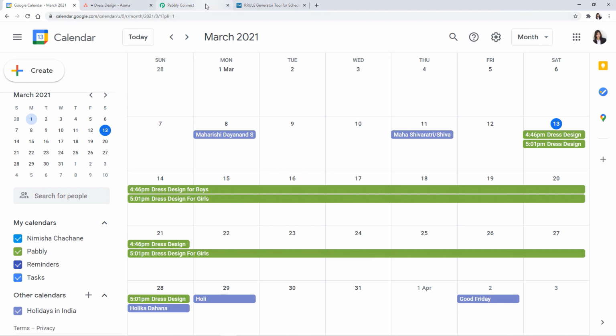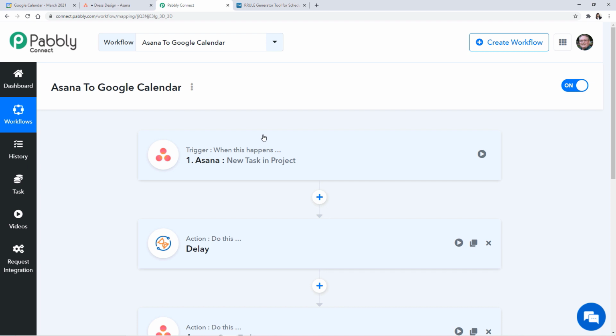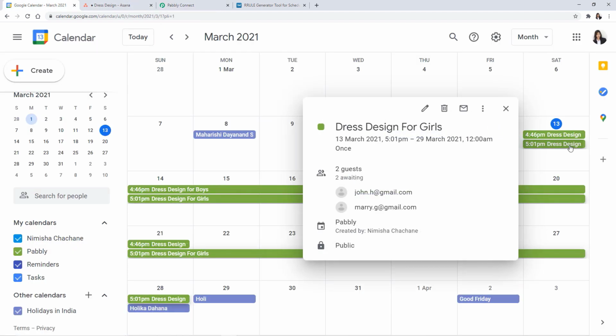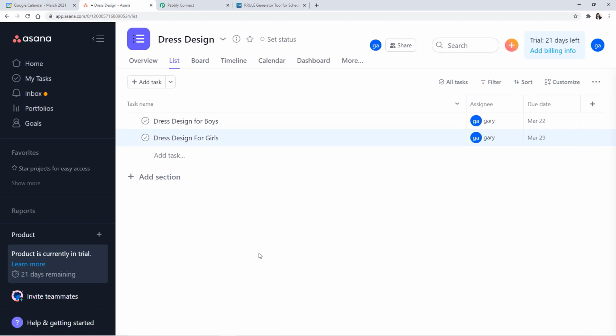So move to the Pabbly Connect account. Okay, so now what we are going to do is check if our Google Calendar has captured all the data that we have entered right now or not.